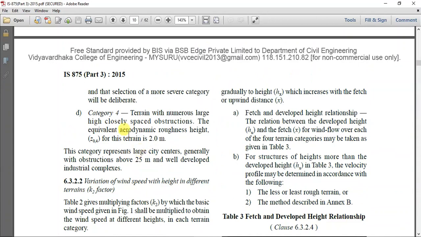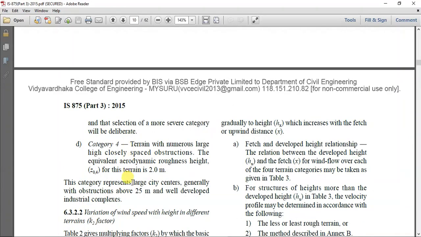And category 4 is a structure where we'll have highly closed, or we have high rise buildings surrounded by our buildings, so we'll select category 4. For example, if you have Bombay, there we have high rise buildings, the number of high rise buildings will be more, so there you can select category 4.